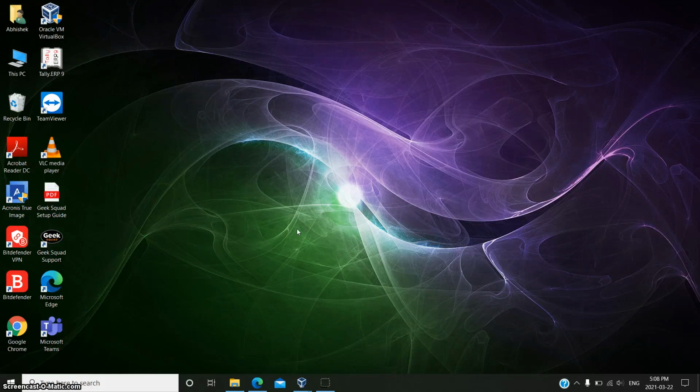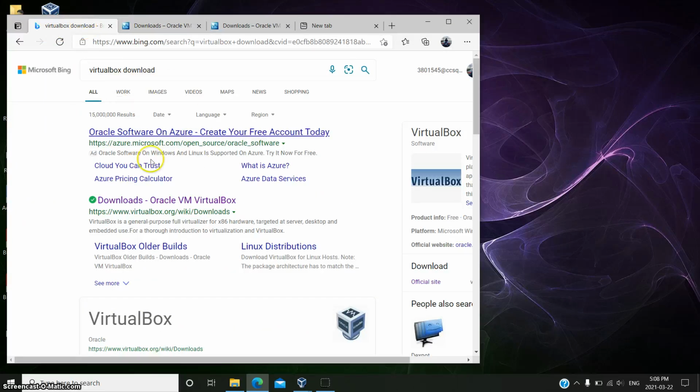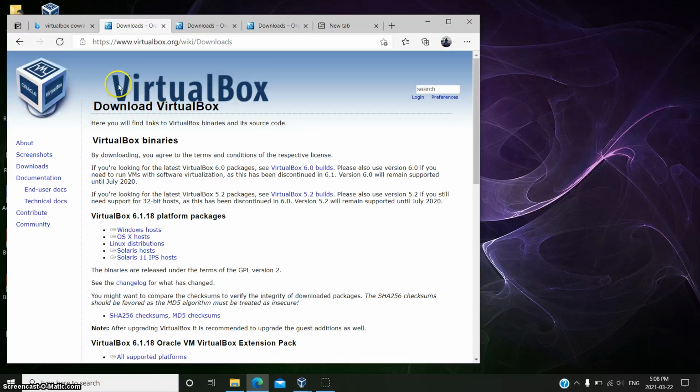Today I am going to show you how to install Windows on VirtualBox. For that you have to go on any browser and search VirtualBox download. This web page will open and you have to click on this link, and this web page is going to open, and after that you should click on Windows host. When you click on this, the downloading is going to start, and after that is the simple procedure to install